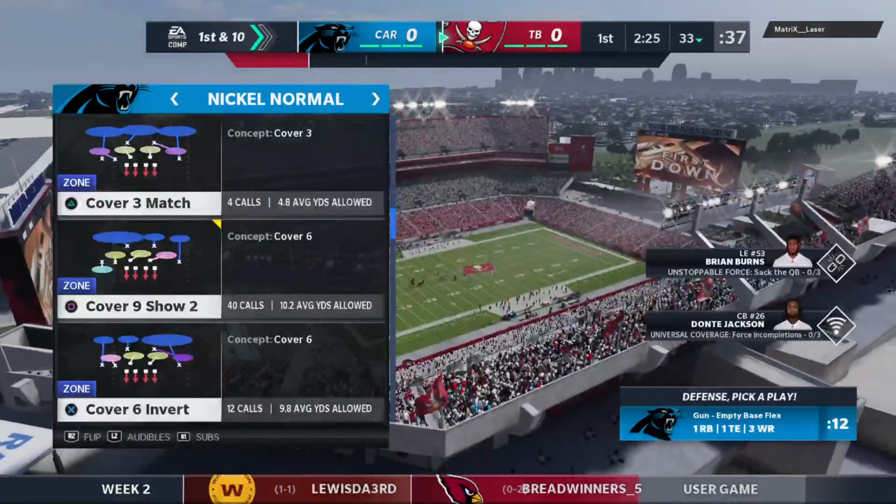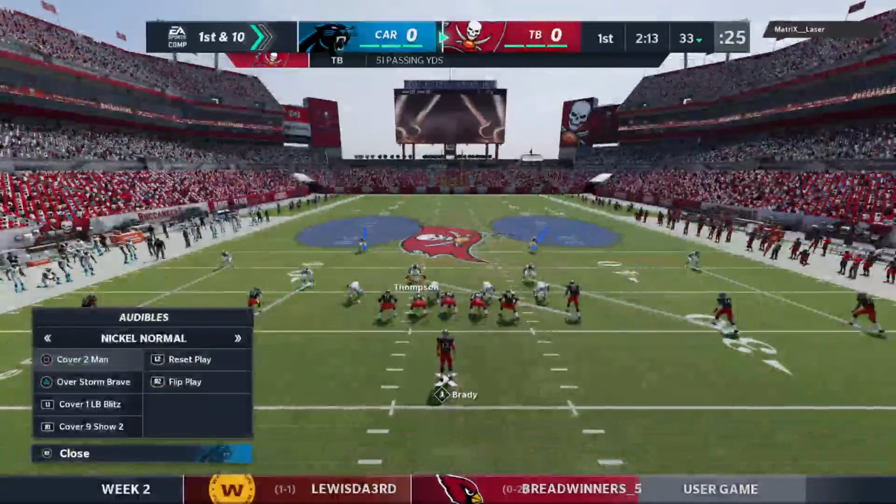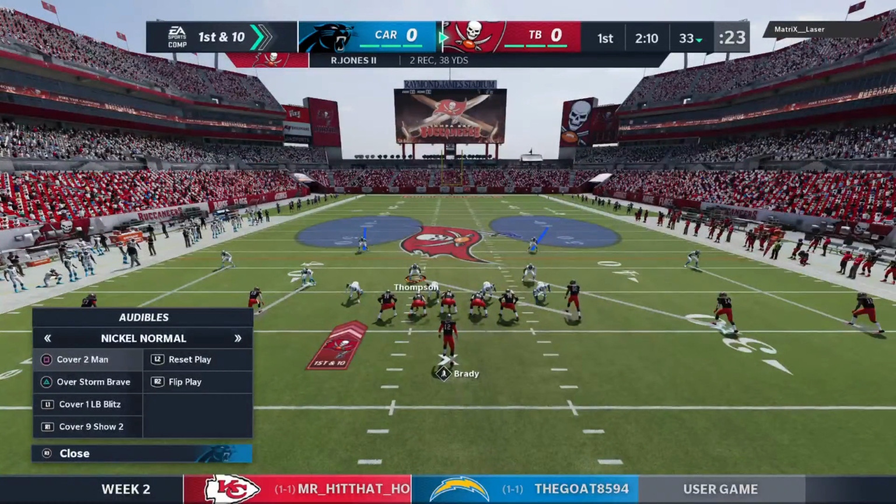First down yardage on the first play of the drive, 14 yards. So they'll come up 1st and 10 now from the 33. Right